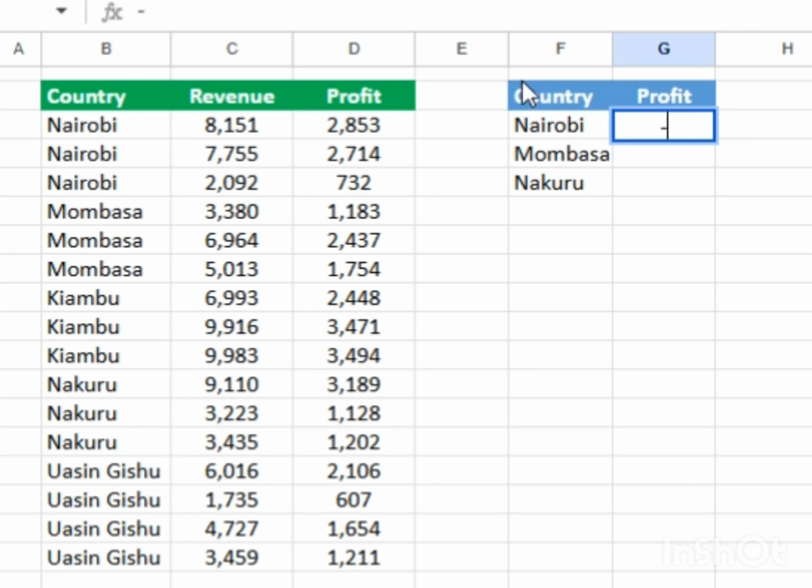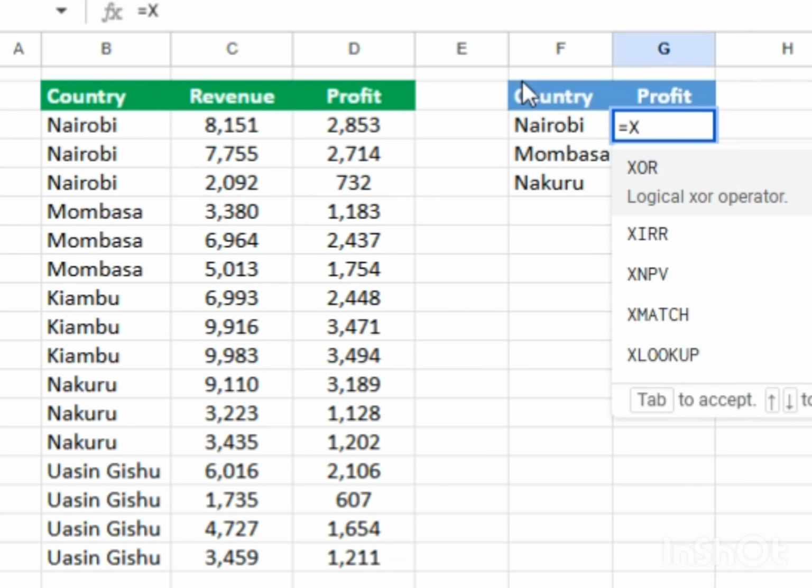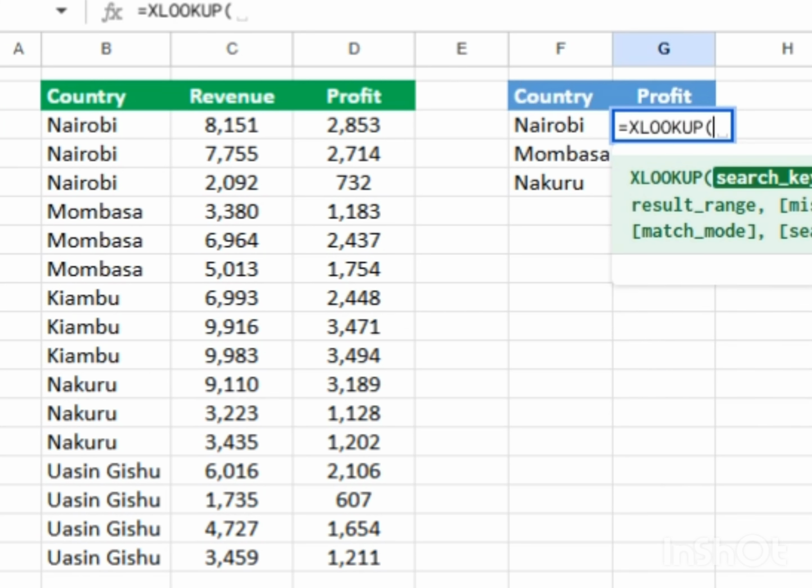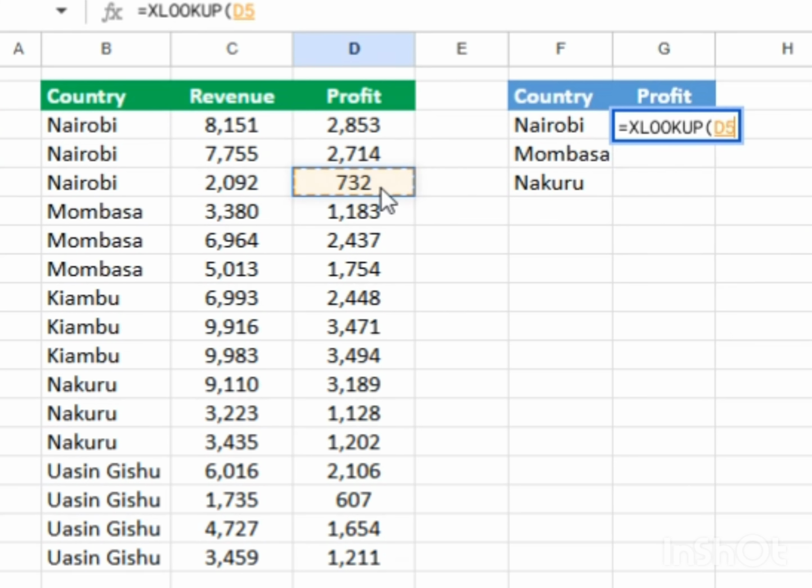And we can see we have 3 lists of revenue and 3 lists of profit from Nairobi. Let's check that. And we want to find the sum of the profit of Nairobi, and that's why XLOOKUP won't work, because it will return the exact match of one number, but we want the sum of the